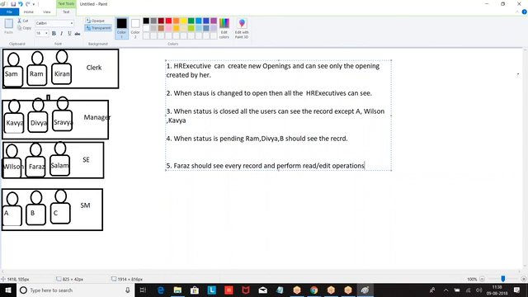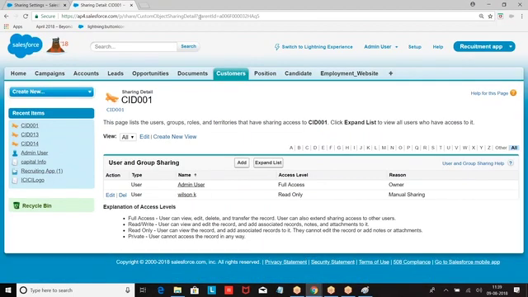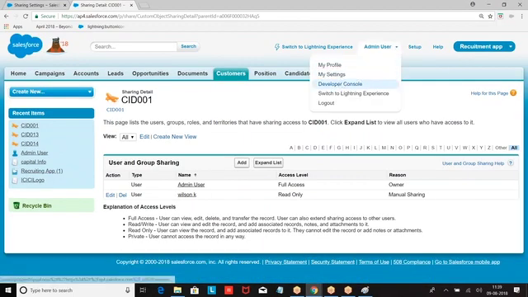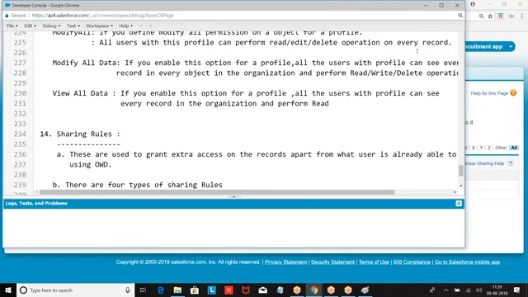I hope you are good with this. Clear for everyone? Okay. Now we have some special conditions. What are those special conditions? Account teams, opportunity teams. Then we have territory management. These are the three extra conditions that we have. As of now, anyone has any query from your end?